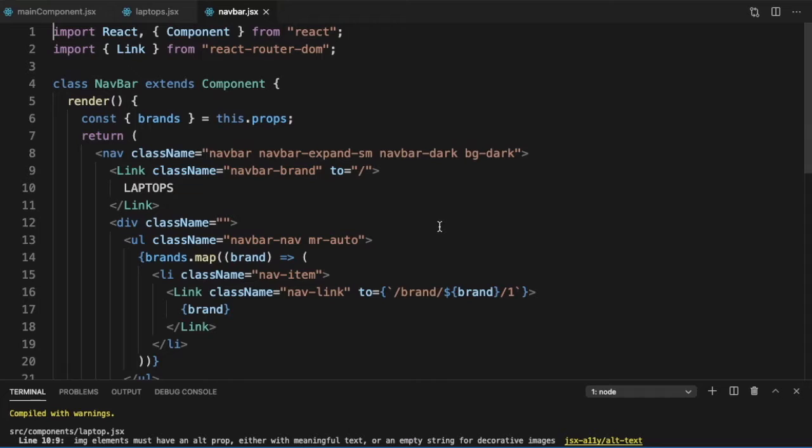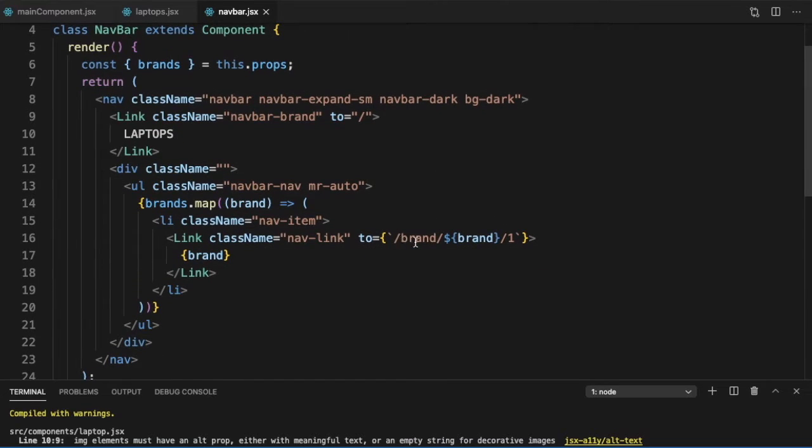So here in the nav bar, we had 2 is equal to slash brand. So we should just make it slash all slash 1 question mark brand is equal to $brand. So that's the change we would want here, and this slash 1 goes away. So that should be the change. Similarly,